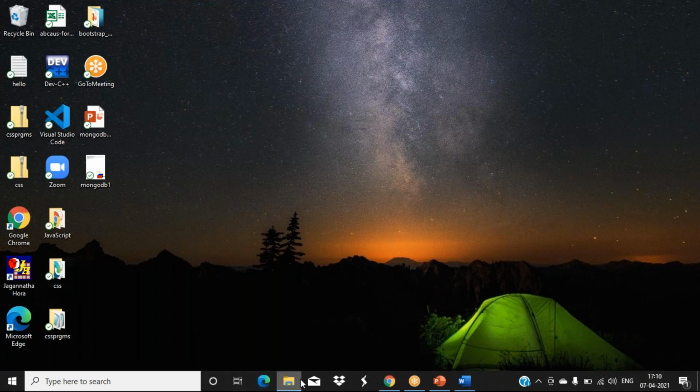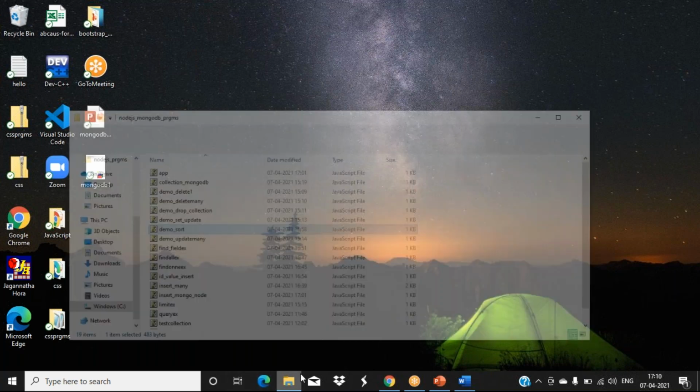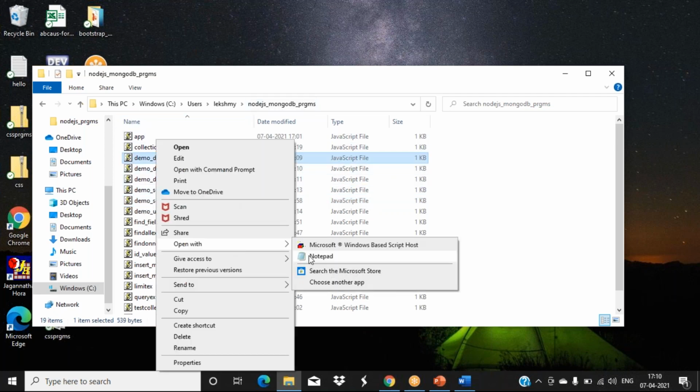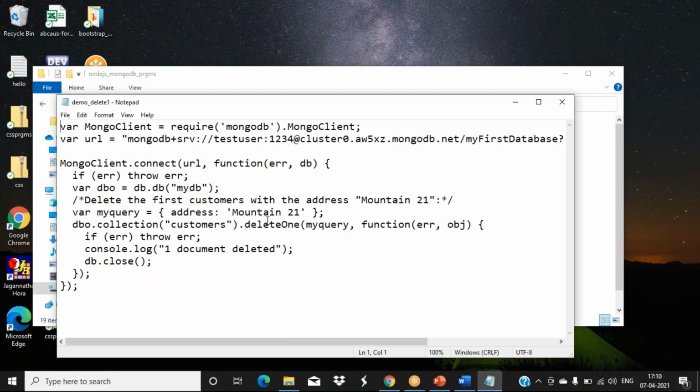So we'll continue. Now we'll see how to delete a particular document, how to delete from the database or from your collections.